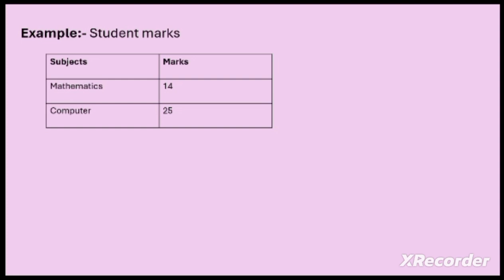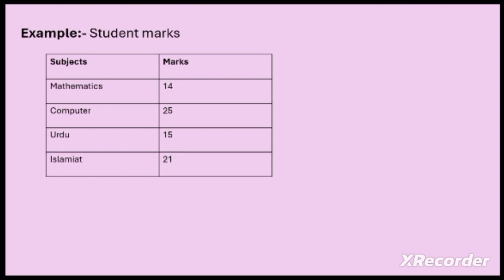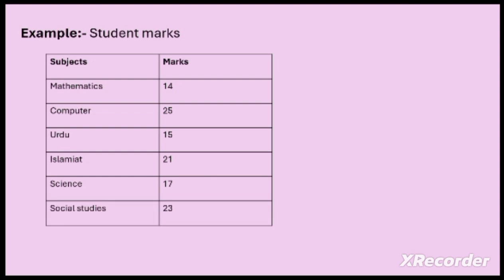25 marks in computer science, 15 marks in Urdu, 21 marks in Islamiyat, 17 marks in science, and 23 marks in social studies, and 19 marks in English. So there are 7 subjects, and I have already mentioned the marks of that student in the second column,